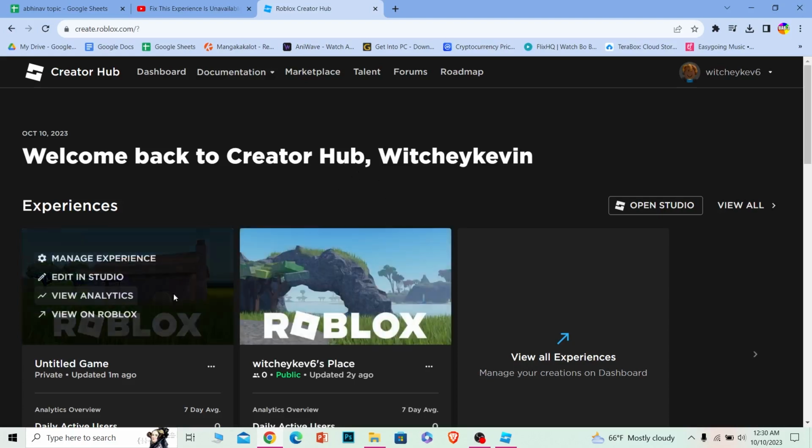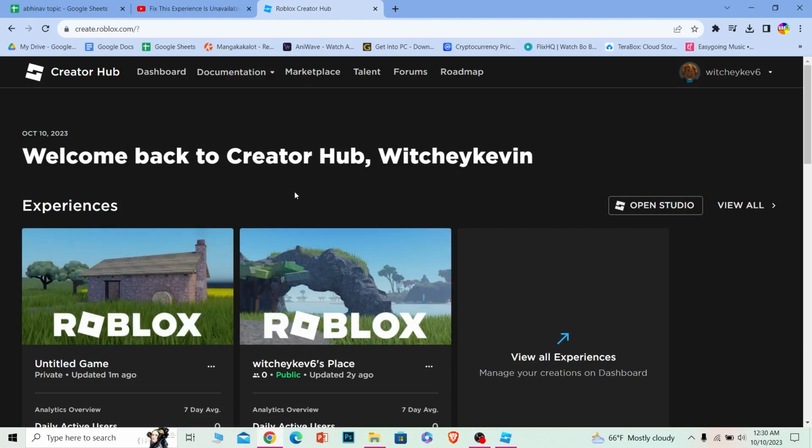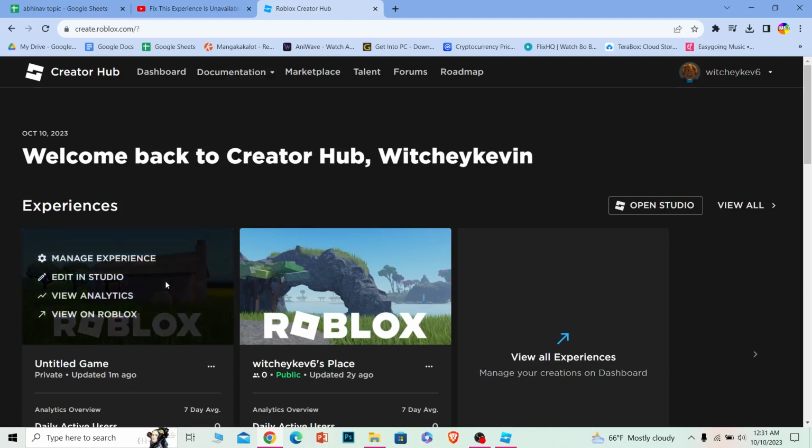So I'm facing a problem in this world in Roblox. It does not open up. Whenever I try to do something, it says this world is unavailable due to it not being published to Roblox. So the simplest way to fix this is to first hover your mouse on top of it and click on